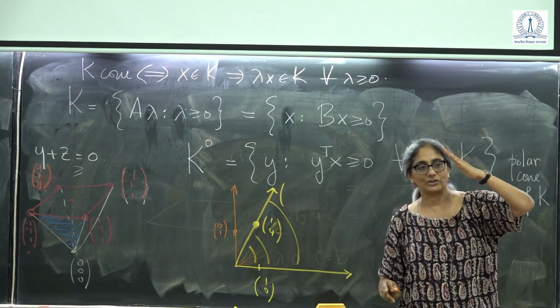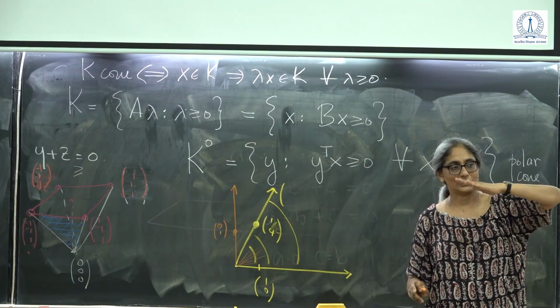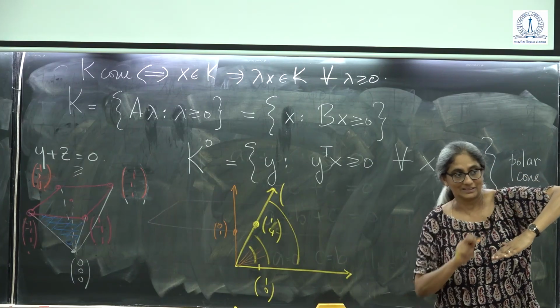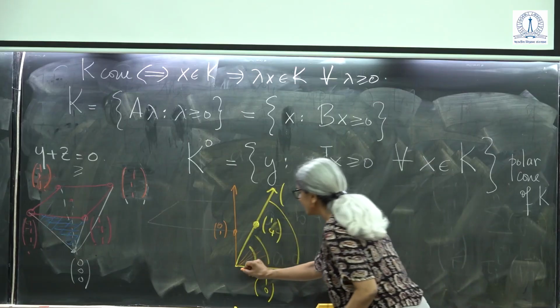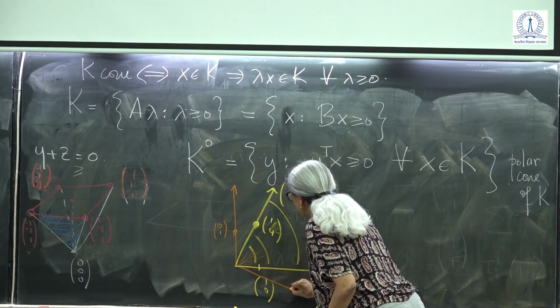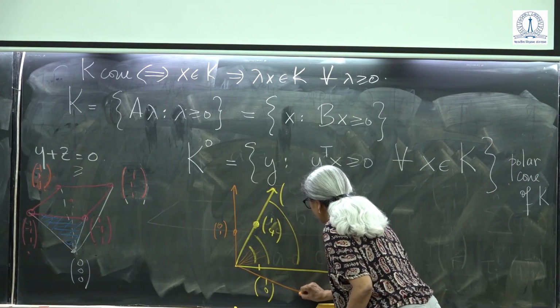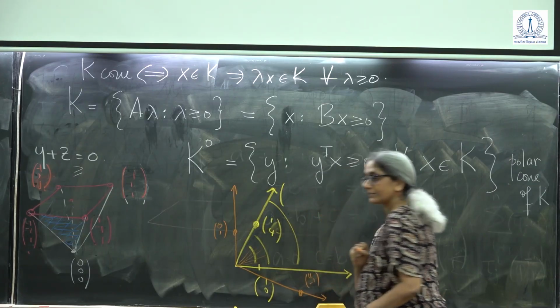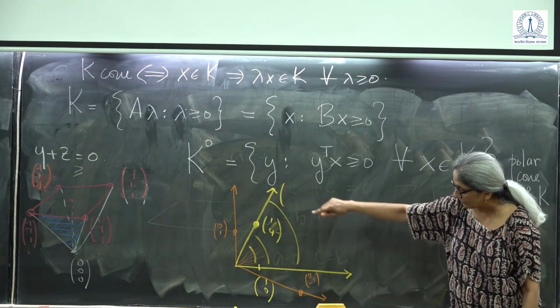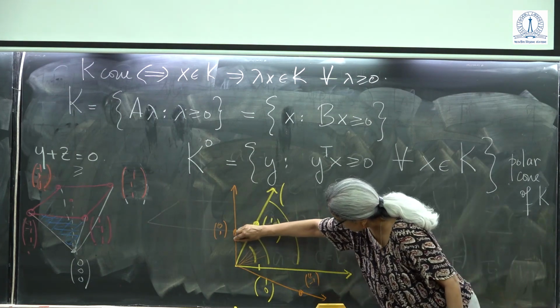So you can start drawing things, acute angle, all the way to? (4,-1), exactly. So (4,-1) is somewhere here, maybe here. Right, okay? So now if I take everything from here to here,